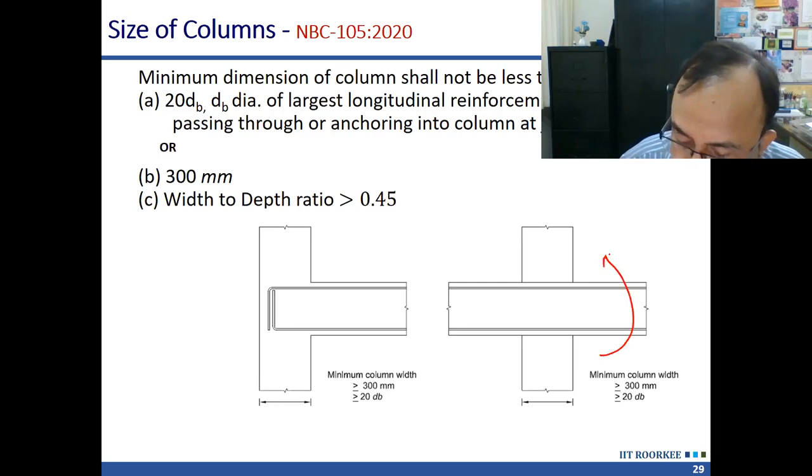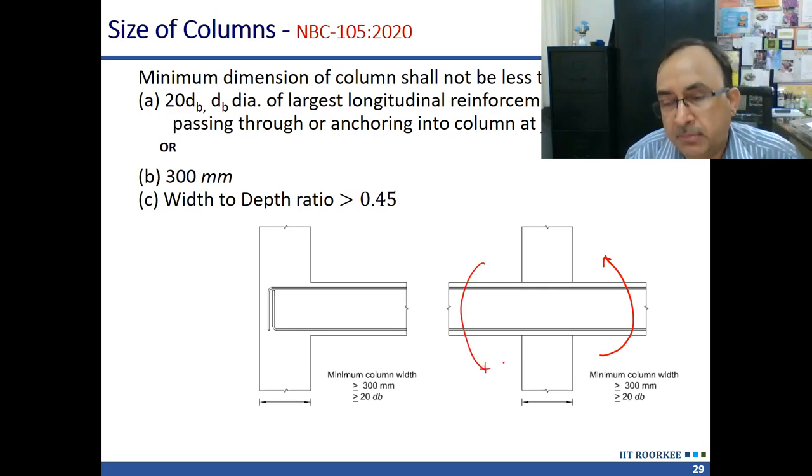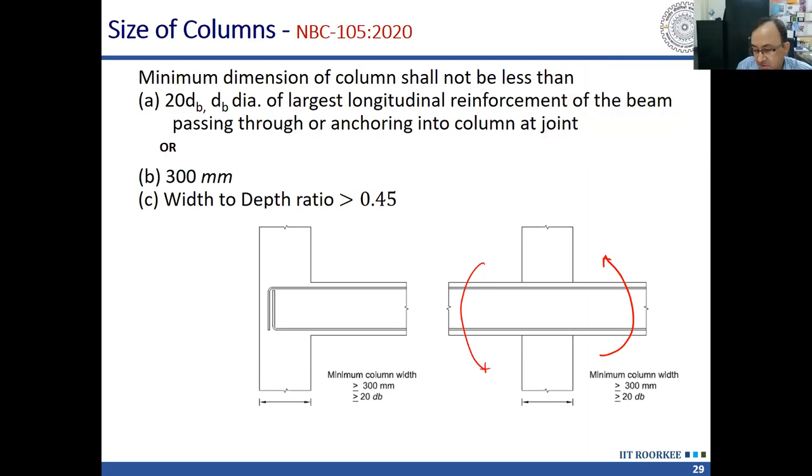This beam will be subjected to bending like this. Both of the beams on the left side and right side are subjected to moments in the same direction. If reversal occurs, then this direction will change. But for one given direction of earthquake, both the beams will be subjected to the same moment,